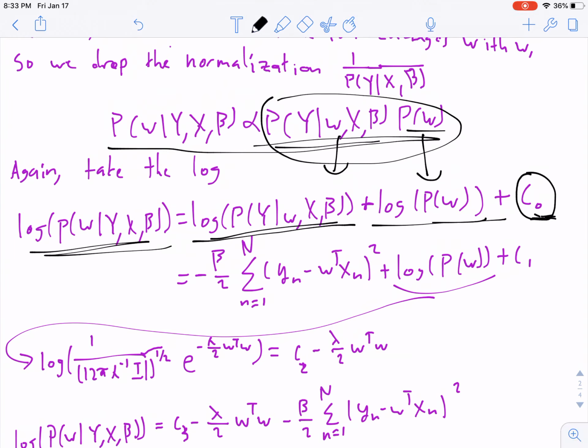But anyway, the likelihood, as we did in the MLE, will come out to this, and then some other constant term, which I'm just going to combine with the constant terms at the end. And then here, for P of W, I've put the PDF of the prior, and now applying log rules again, that comes out to some constant not dependent on W, and lambda over 2 W transpose W. And so we can plug all that stuff back in,